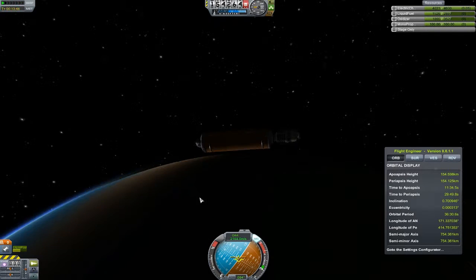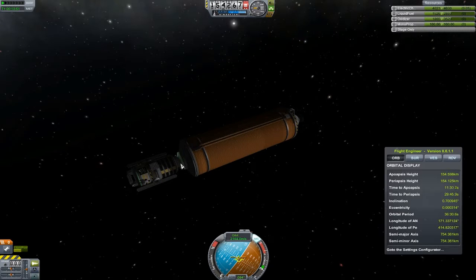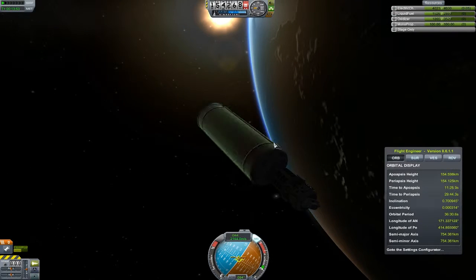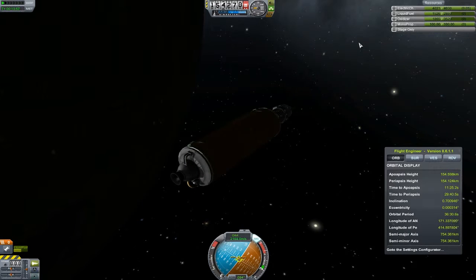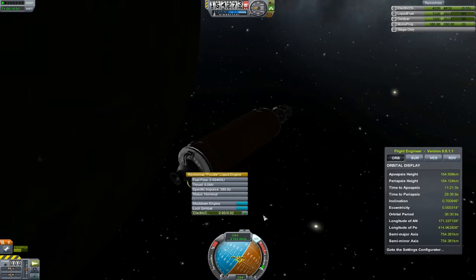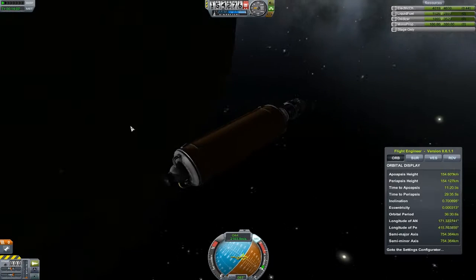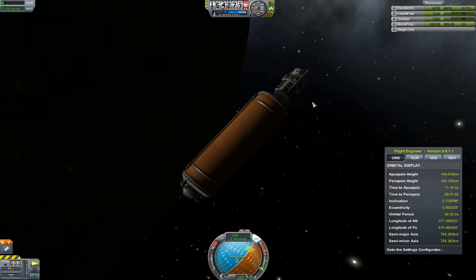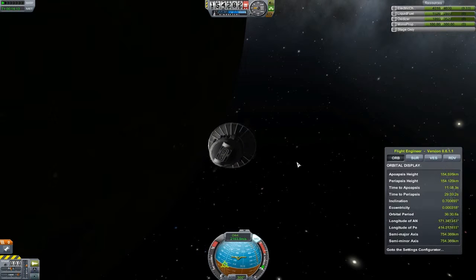That's simple. So what we're going to do now, basically, we don't have an engine on this guy, so I think what I want to do for now is not waste this fuel, because we might be able to take it to the moon at a later stage. So I'm going to keep the fuel on here, but I'm going to turn this engine off. We're going to turn that off, and we're going to lock the gimbaling. So now, oh, wait, it's not the way we wanted to go. We want to turn this guy a little bit. Okay,